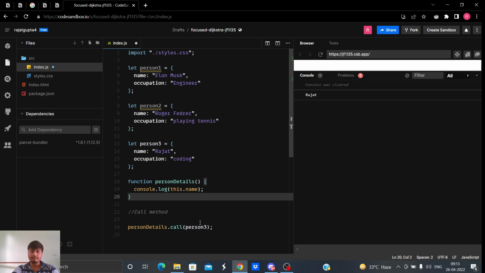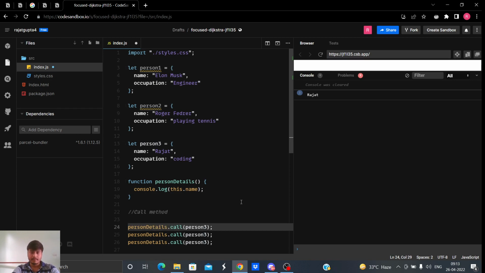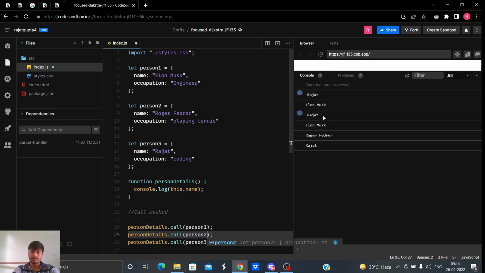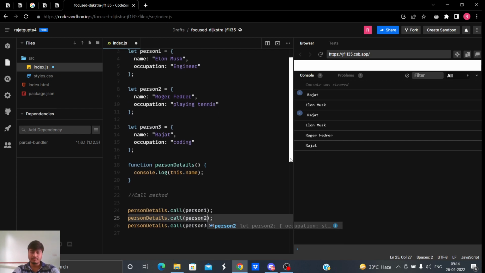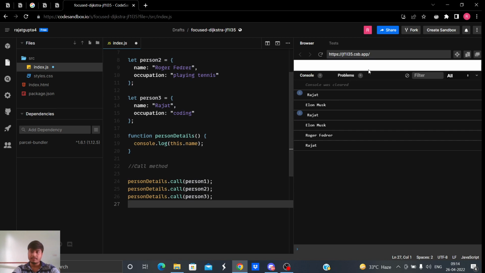So here we call it with person 3. If I call it for person 1, person 2 and person 3, see, anonymous, Roger Federer, Rajat. You can see all 3 of these are being printed.